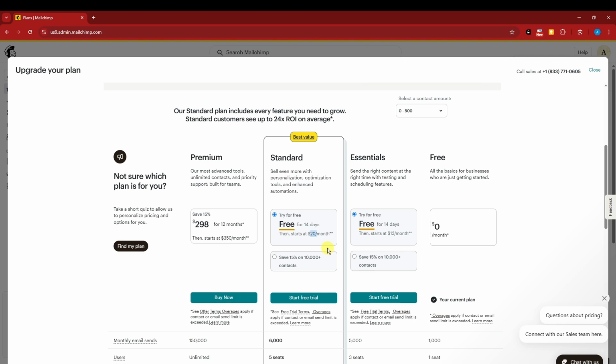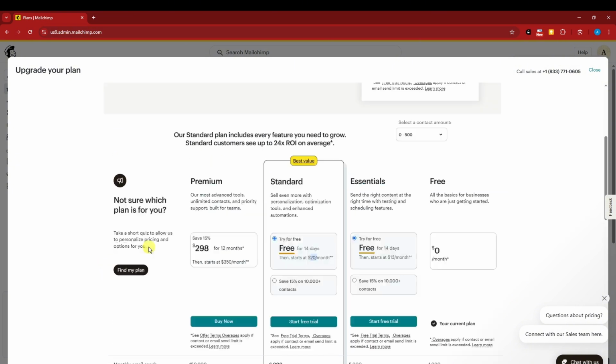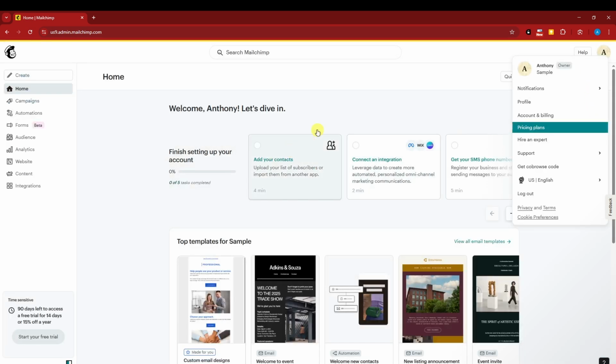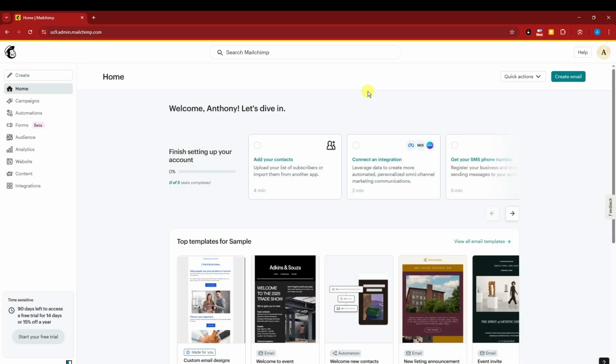If you're not sure which one is for you, there is a Find My Plan option. They will build a plan for you, essentially custom fit or tailor fit to your needs, and they will just price that depending on the features you chose. And that's it. So that's going to be the pricing, and let's get started with this one by simply clicking